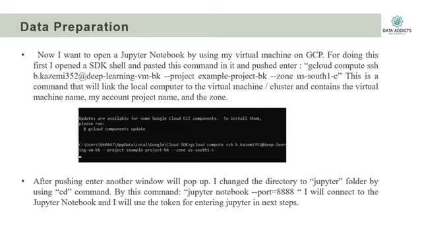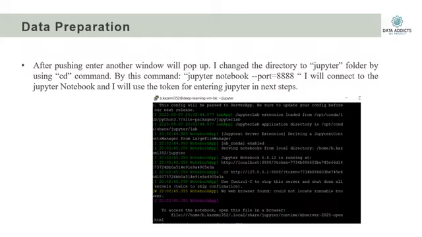So this is the command that I'm going to put in the newly opened window in the Jupyter folder, and I will see that there's a token. That token I will use for entering Jupyter in the next steps, as I mentioned in the previous